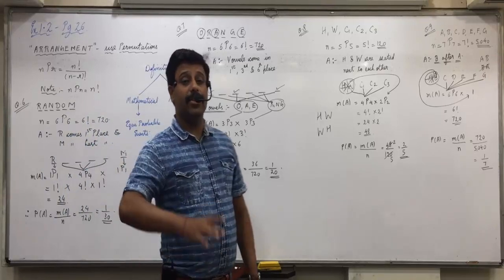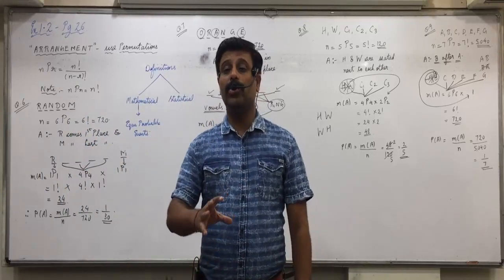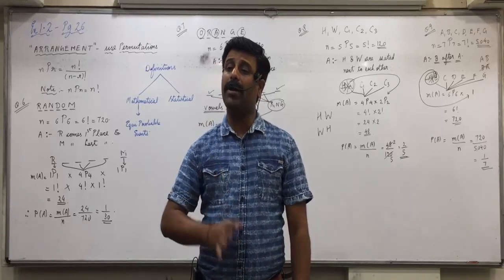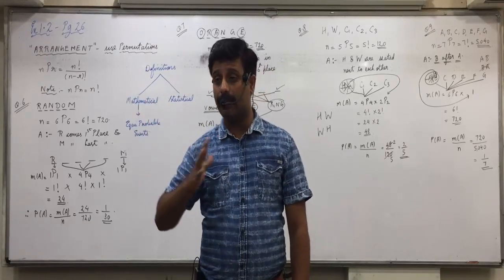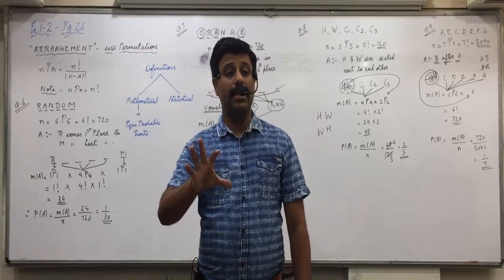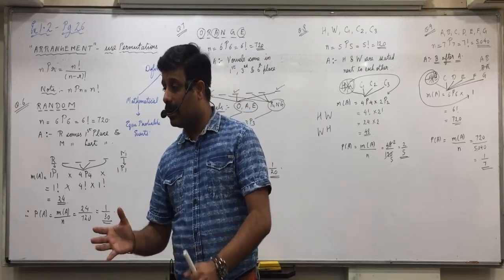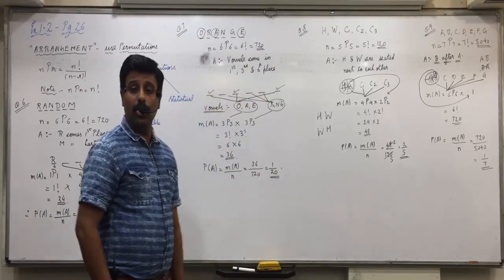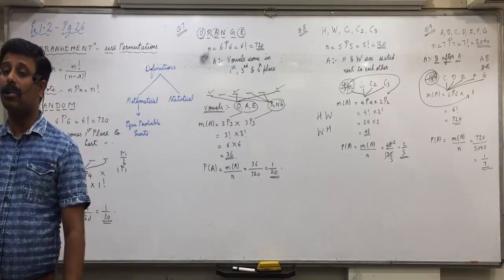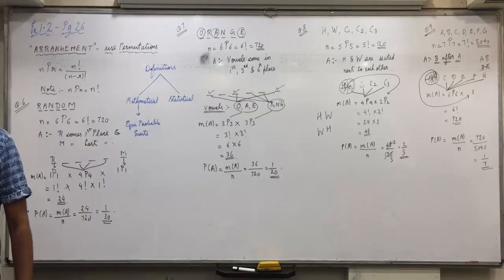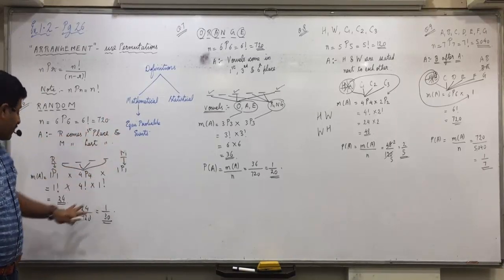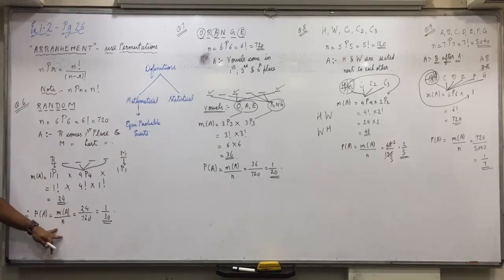And what is the statistical definition? You perform the trials, experiments, and keep on repeating it a very large number of times. And then you see how many times, when you repeat the experiment, you get your respective outcome favorable. For example, you throw a dice. What is the probability of getting 4? 1 by 6. That is as per the mathematical definition, because the number of favorable outcomes is 1 and the total number of outcomes is 6.